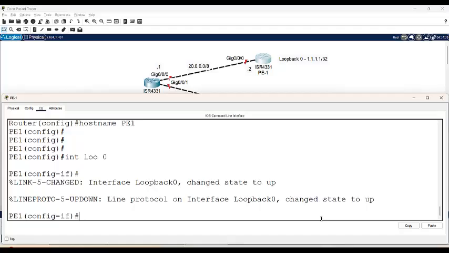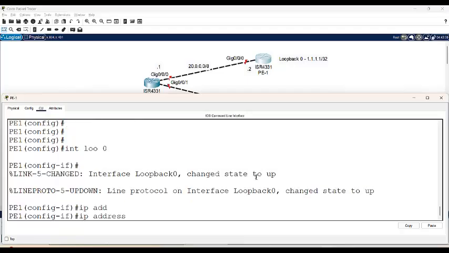Yes, sir. But the loopback interface, you only just created it, so you don't need to say no shutdown. See, it has already come up. Why do you need to say no shutdown? No need. And put the IP address